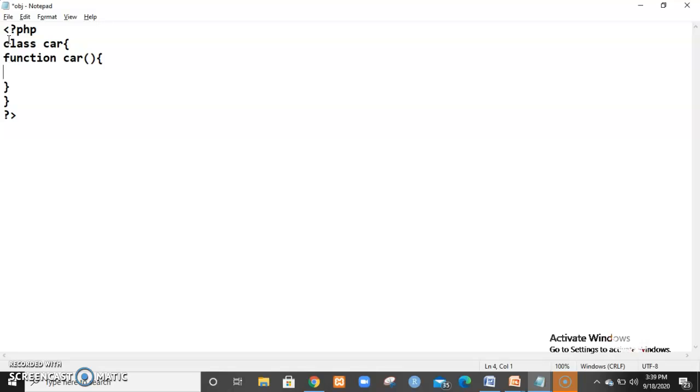Then here I'm declaring a data member called model, which is equal to, say, I'm giving BMW as a value. After the function, I'll declare an object, so $Herbie is equal to, I'm using the new keyword for creating an object, new car. So how to extract using this object? Using $Herbie arrow,